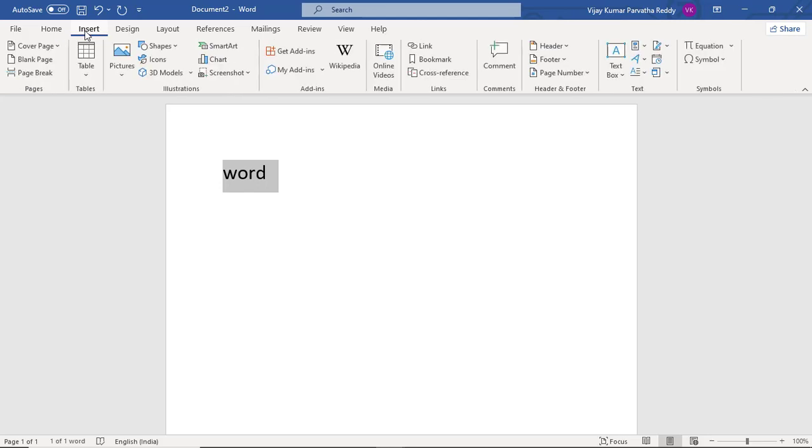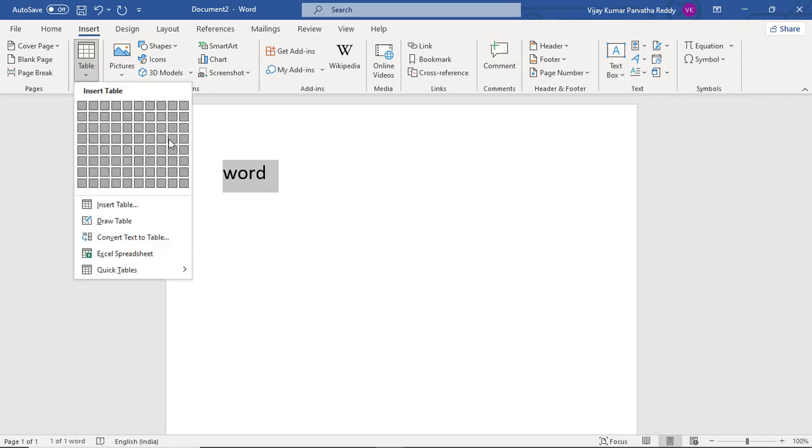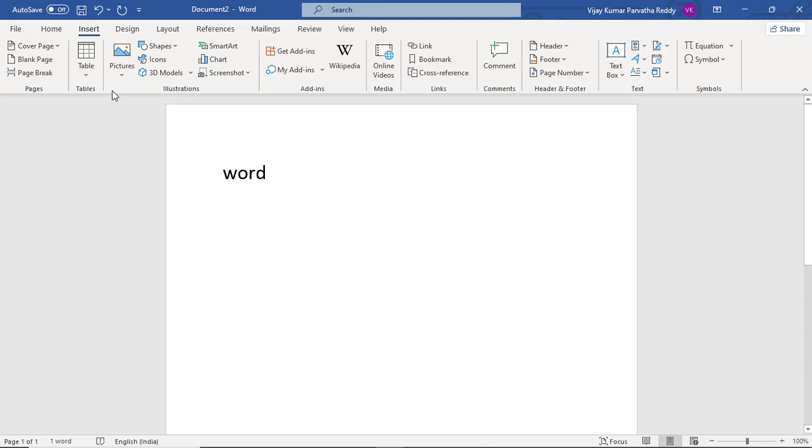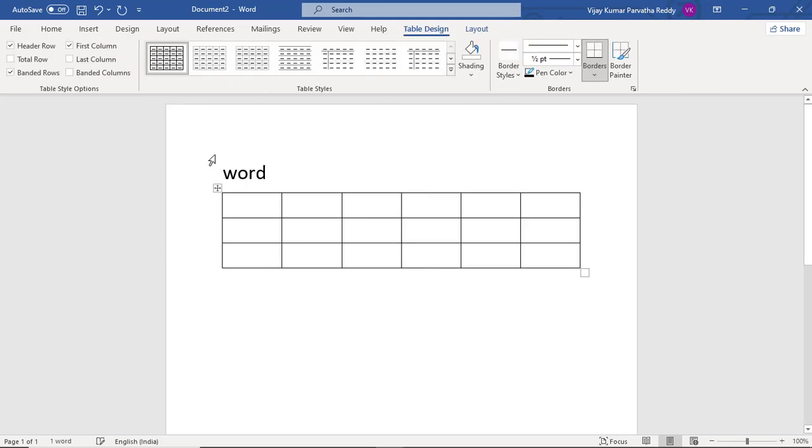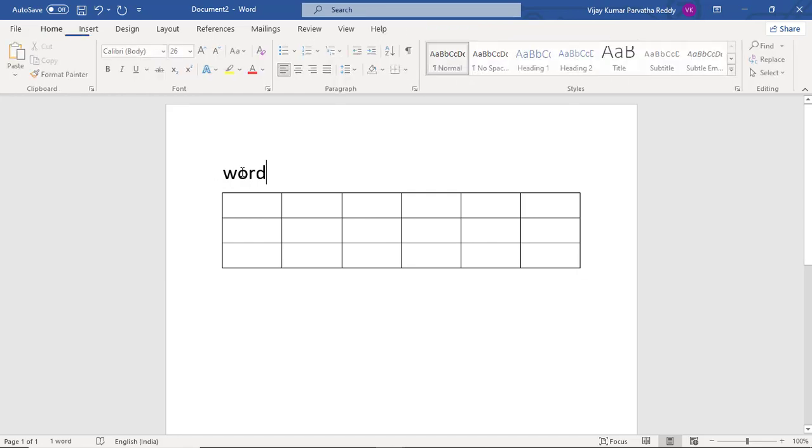And next to the home tab we have the insert tab. So there are a number of objects to insert in your document, like cover pages, blank pages, page breaks, and even tables. You can insert tables. Suppose I will insert a table like this, and also